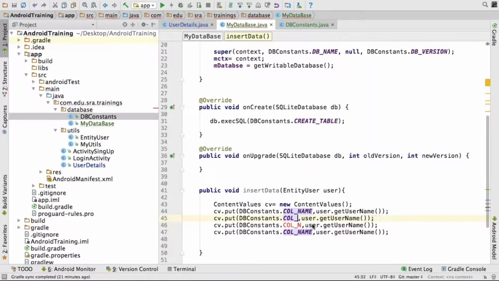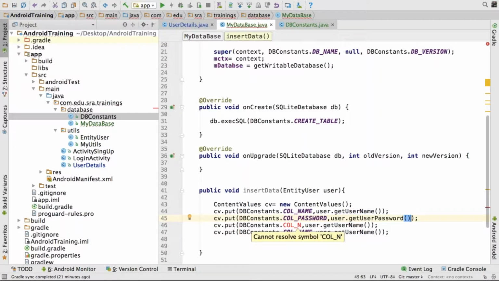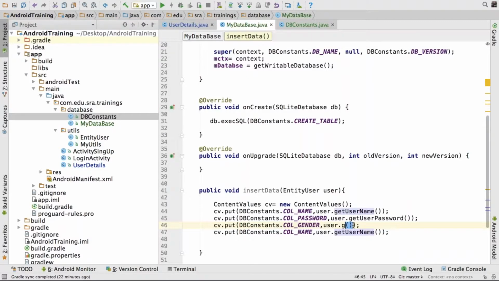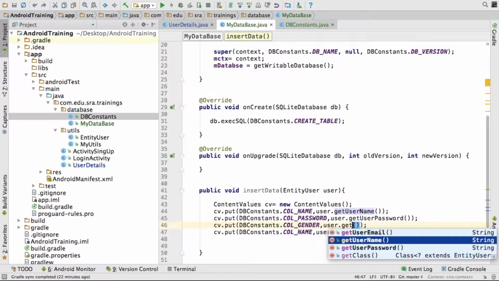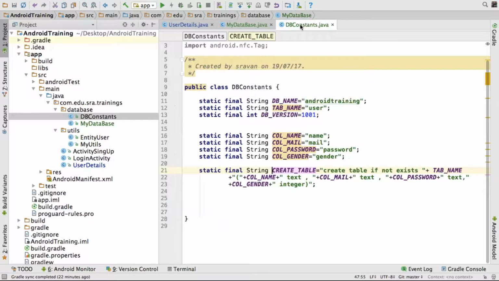Next one, column password, get user password. Column gender, get gender. But the thing is, the gender we have given as one integer value.